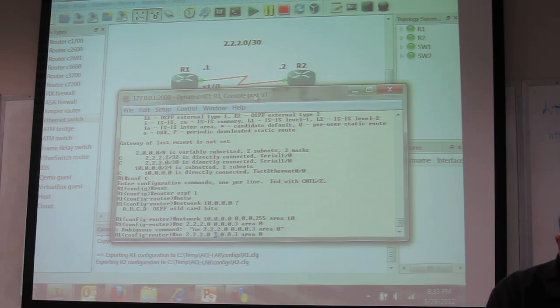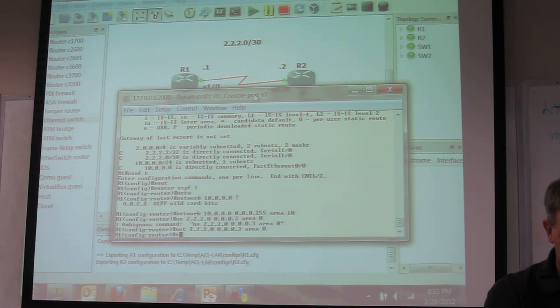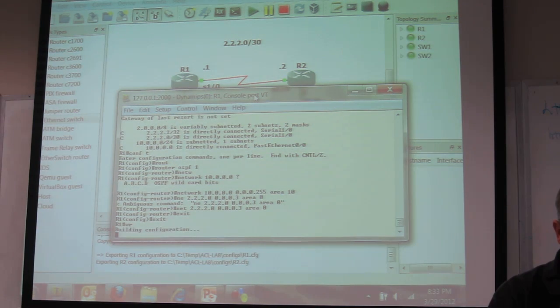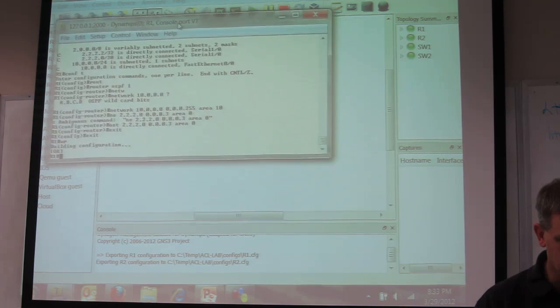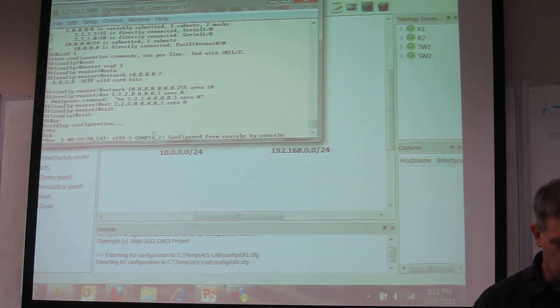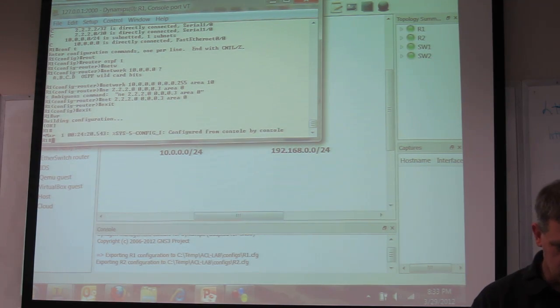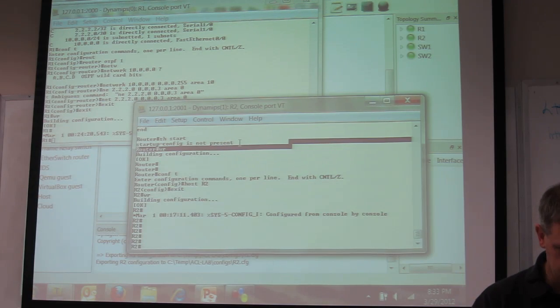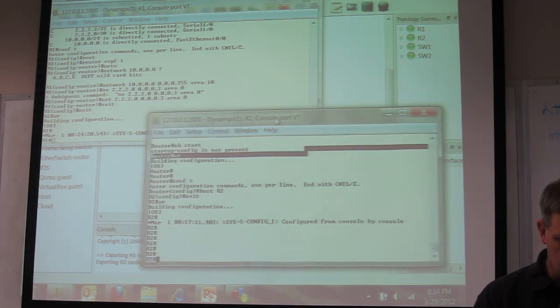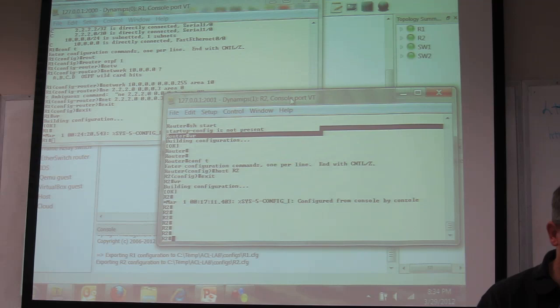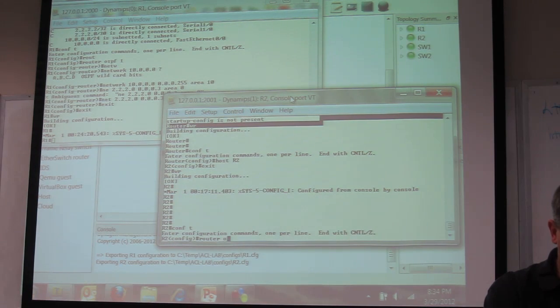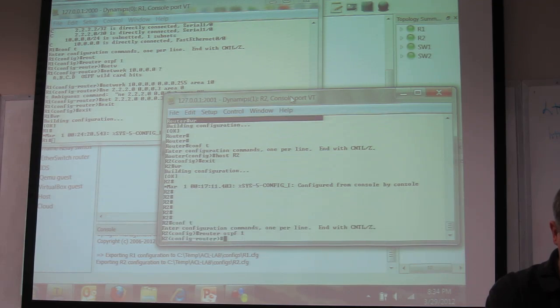Yep. I didn't do enough. There. Now, just kind of watch R1 there. Let's go back to R2. And let's configure the routing protocol here. Router ospf 1. Its network, now it has the 192